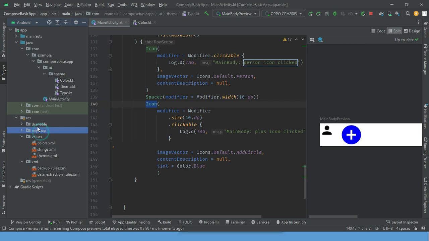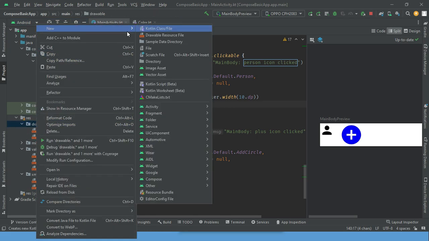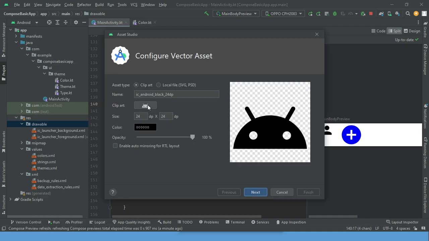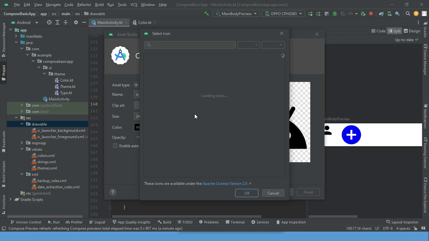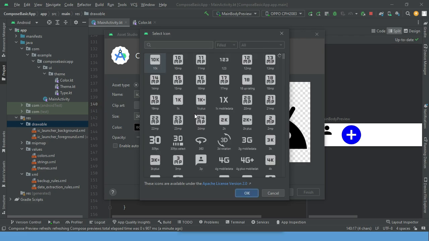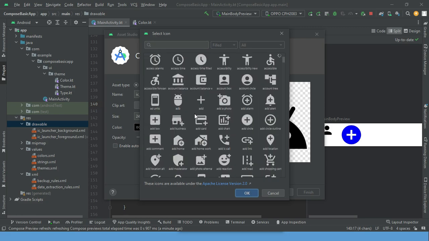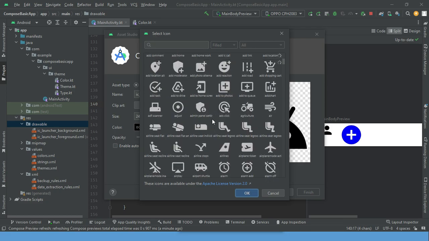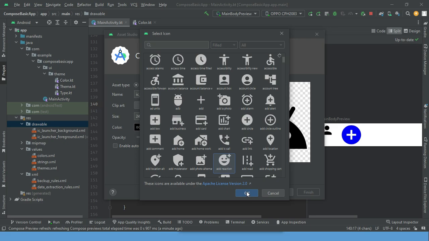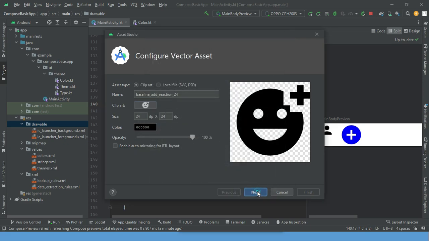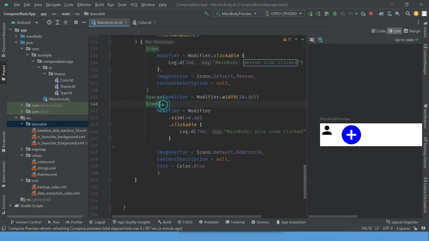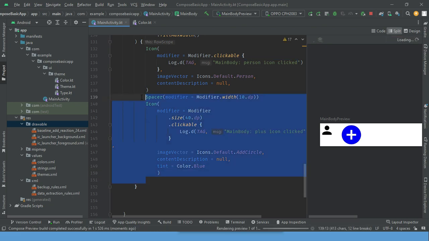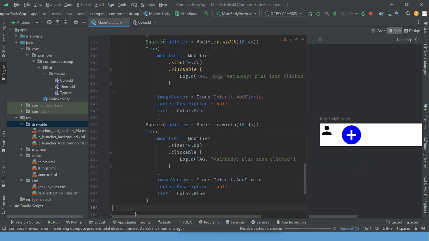Like if I go to drawables and add a vector asset here, and here if I use this reaction icon, add reaction icon, so for that I simply copy the above code again here, and here we just need to change this value here,